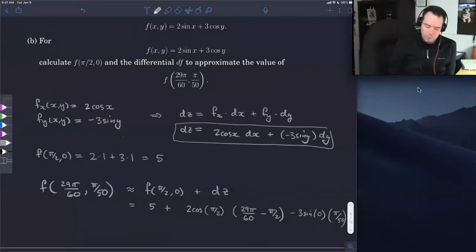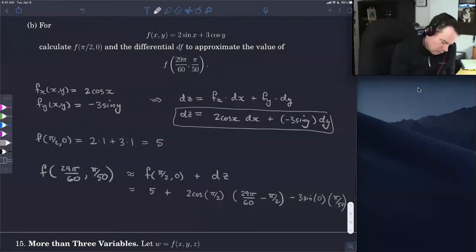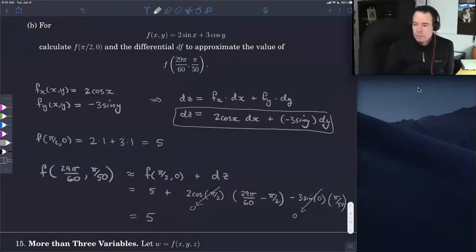-0, but I don't need to write the -0 in. And so this is 0, and this is 0. So we get our approximation is 5. What the zeros mean for the partial derivatives is